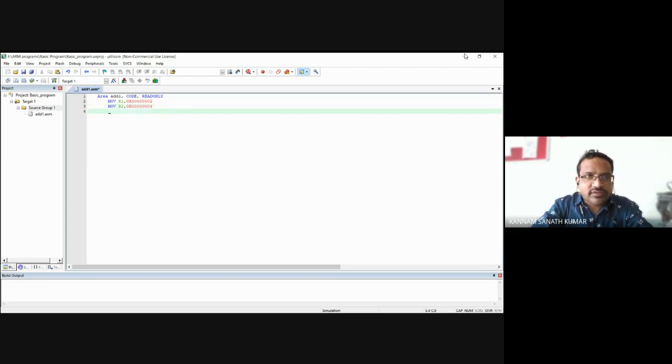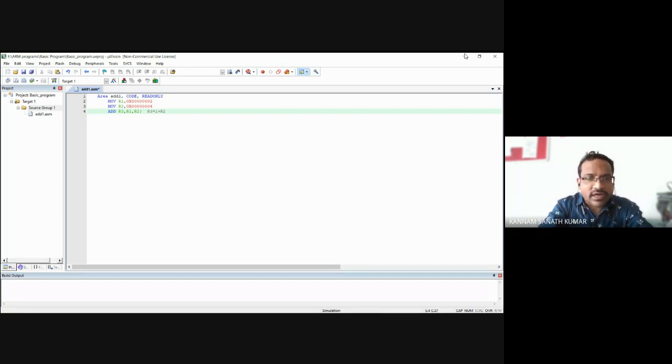Next, what I am doing: ADD R3, comma, R1, comma, R2. Here I'm adding the content of R1 and the content of R2, and whatever result I get, I'm storing in R3.